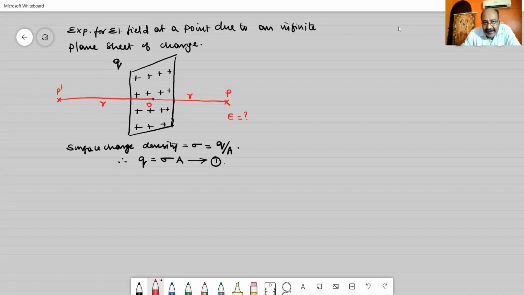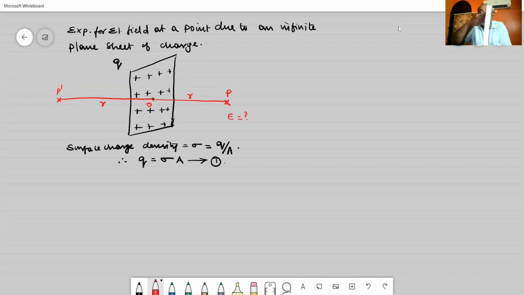So that the electric field in front of the plane sheet and at the back of the plane sheet at the same distances are the same. So the point will have the same electric field on both sides of the sheet. Say for example, I am having a sheet here. I am considering a point on the right side of the sheet, at a distance R. In order to get a symmetrical surface, I am taking another point on the left-hand side of the plane sheet at the same distance.